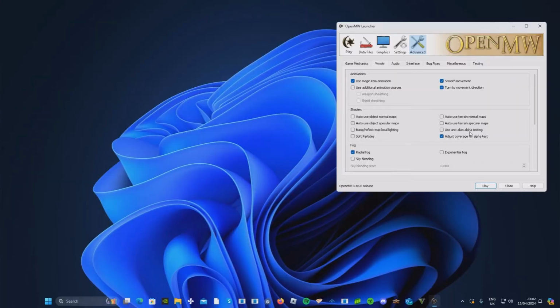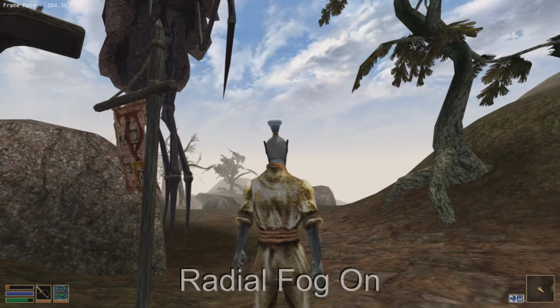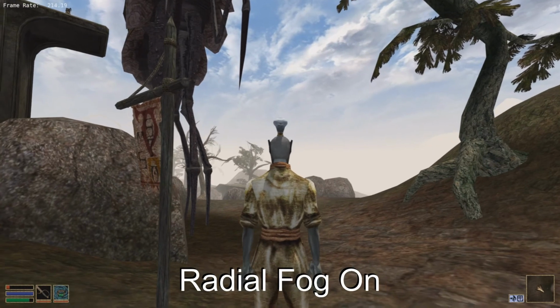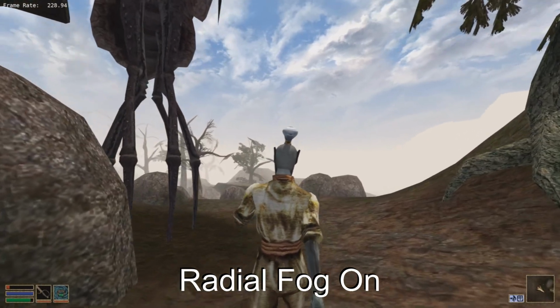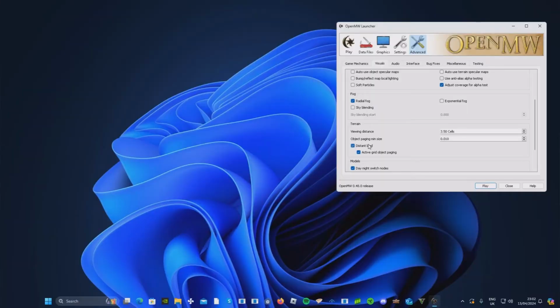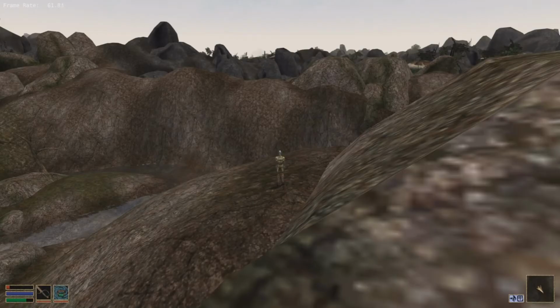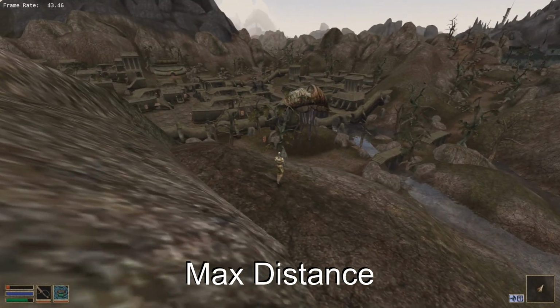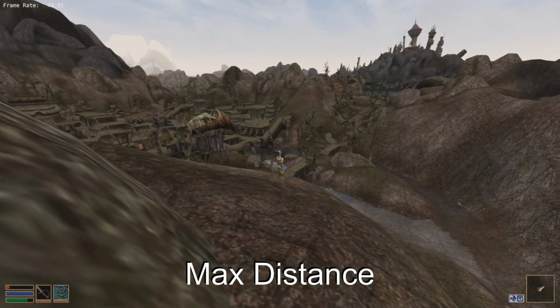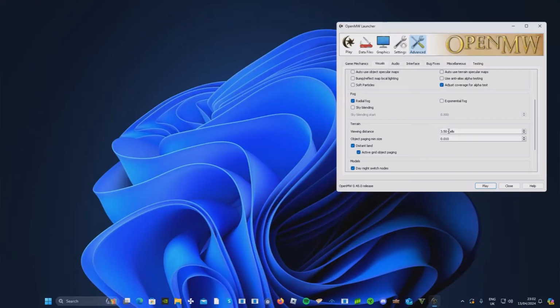Shaders, you want to turn this one on. I don't know about the other ones. Fog, turn on radial fog is the best one there. Looks the nicest. Terrain, distant land, turn that on. If your computer's alright, you can turn it on. And I usually play between like